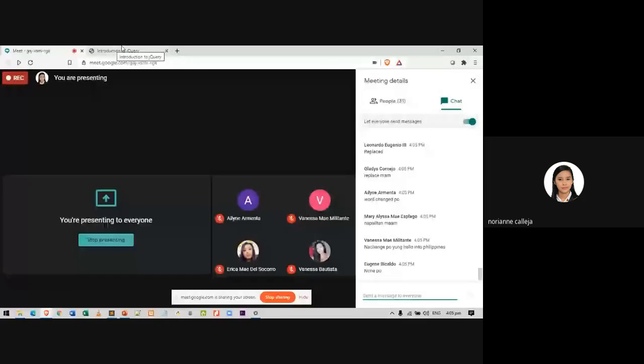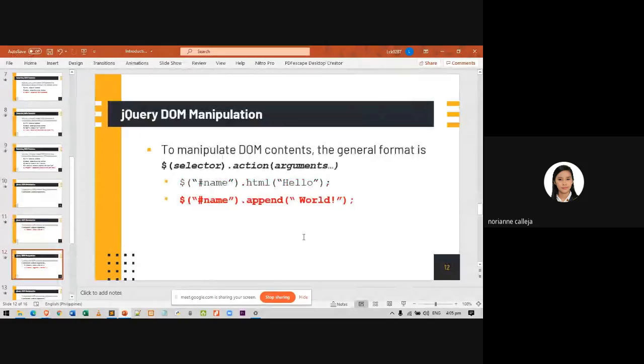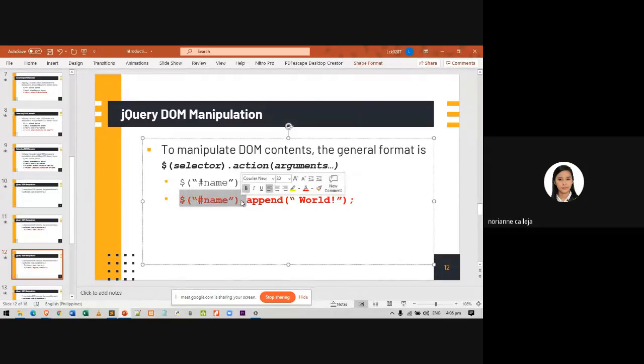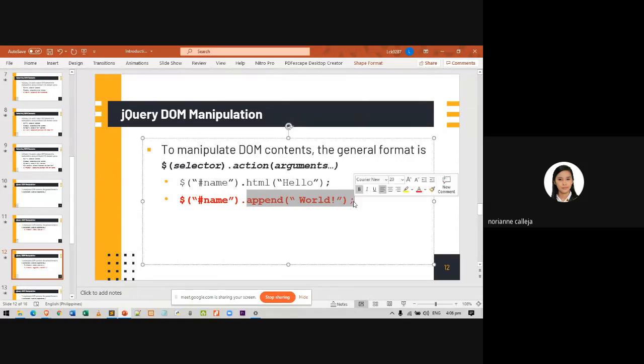None. So now I'll proceed to the next example. Another example is to append a string value to another value. This time, the second example used the same ID selector, but this time I will be using the other type of selector, which is the class selector, and I will append a string to a text.